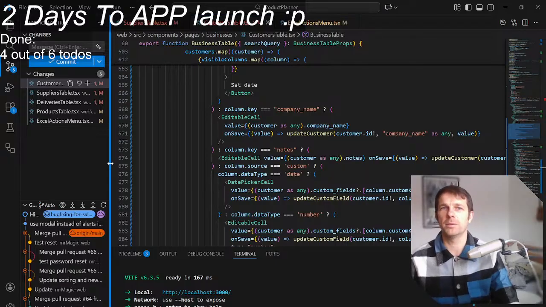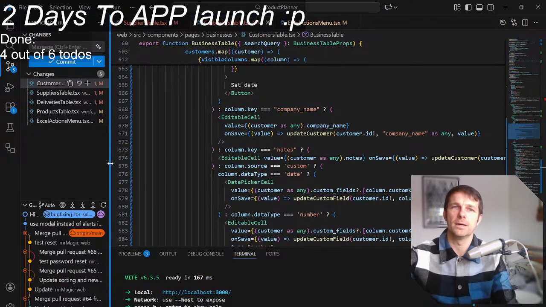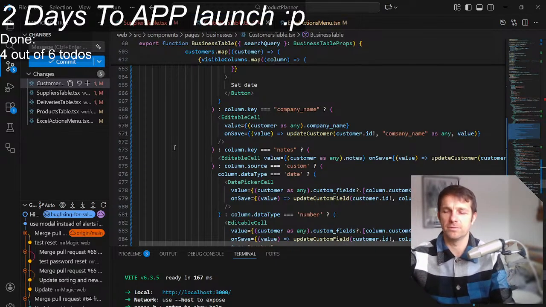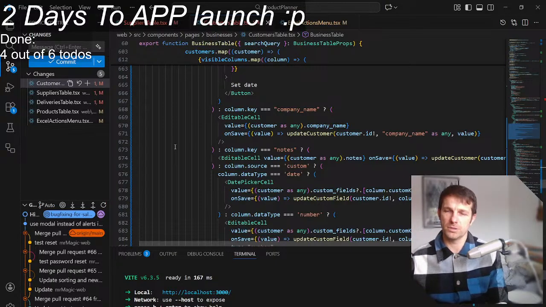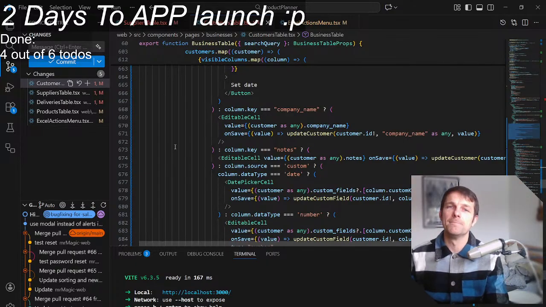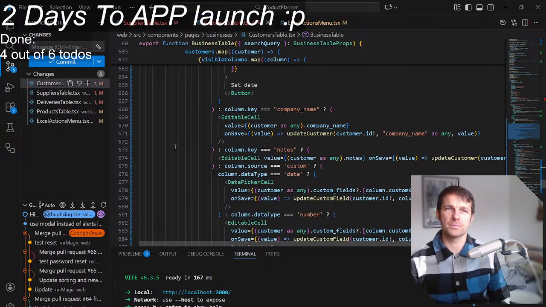So if your problem is whether this file is 900 lines or 300 lines, and if your problem is writing perfect code, then you are not focusing on the other problem, which is launching an application and selling it, making money with it, hopefully. If you focus too much on code quality, your brain can't focus on the problem which I think is more important, at least for me now: feeding my family.